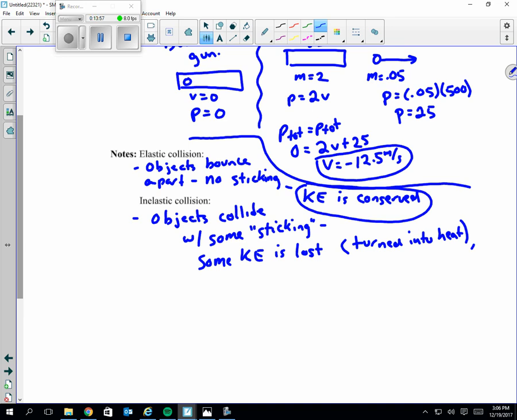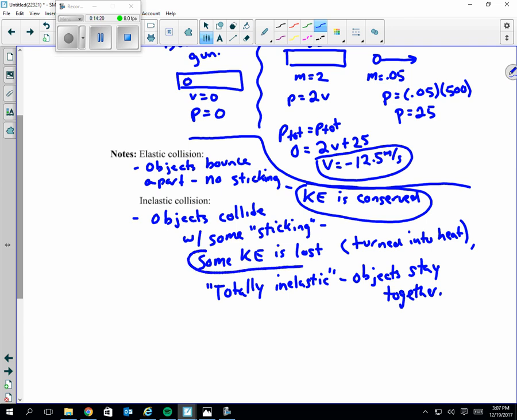And if it's totally inelastic, that means the objects stay together. So again, the important word here is that in any inelastic collision, some kinetic energy is lost. They may stick together momentarily and then fly apart, or they may stay stuck together, but it is inelastic if kinetic energy is